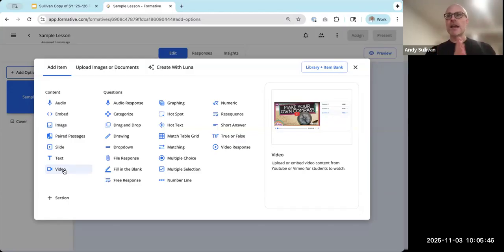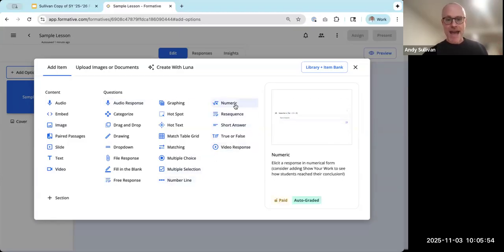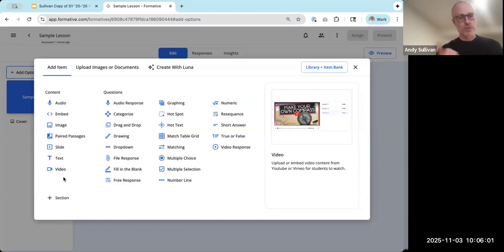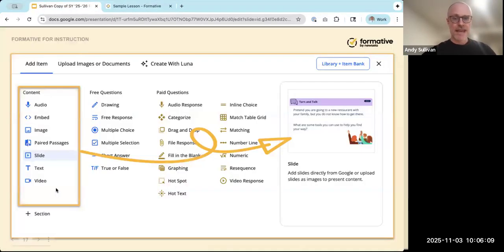These are something that they are interacting with and ultimately demonstrating their understanding via one of the 20 different question types that we might add either immediately after or alongside the content that we've added. So if you're used to using Formative for quizzes, other assessments, this looks very familiar. So again, your content, these are the things that students are receiving, and then the questions are how they're demonstrating